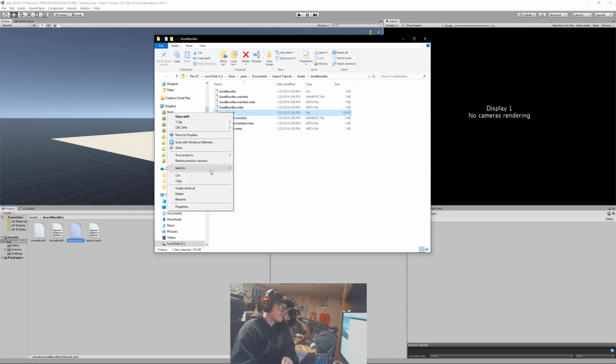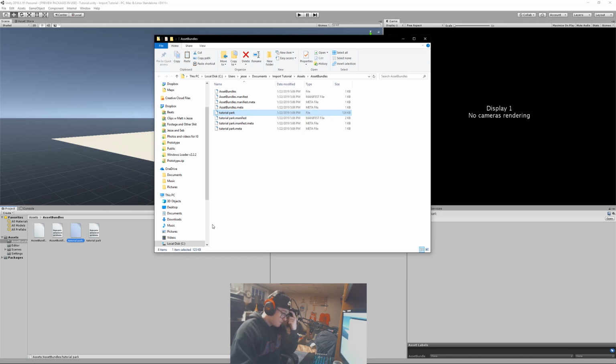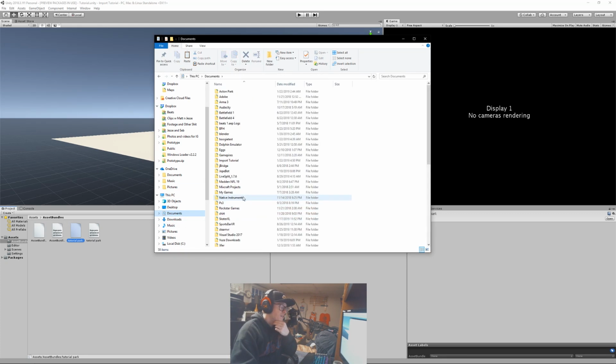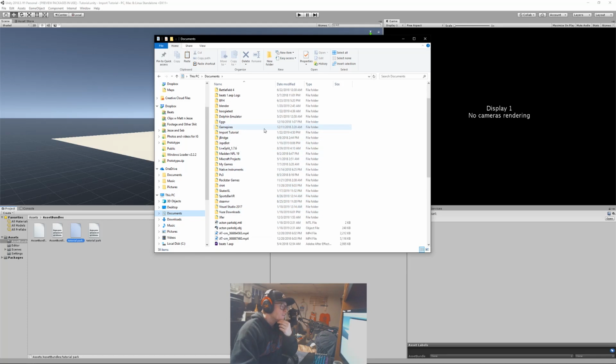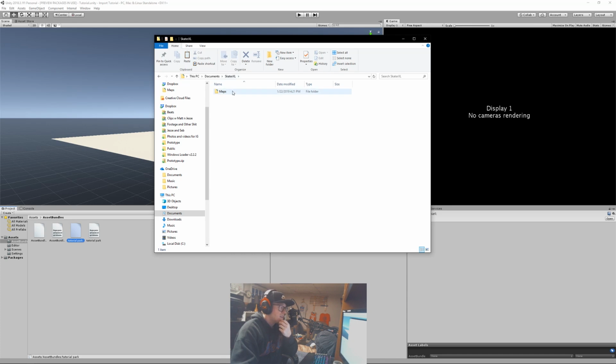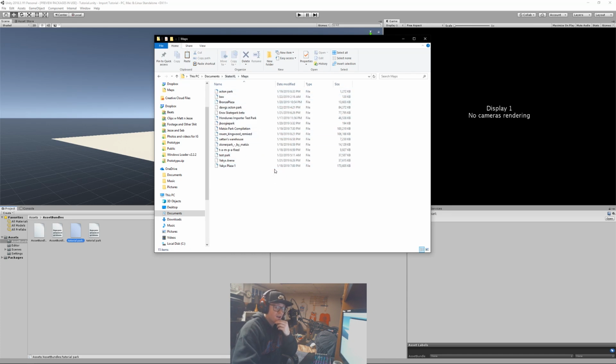So to get this in the game now, just right click on it, copy it, head over to your documents folder, head to your SkaterXL folder and your maps folder, which is where all your created parks go. If you've already set up the importer, this is not new. You already know where these are. If you haven't yet,